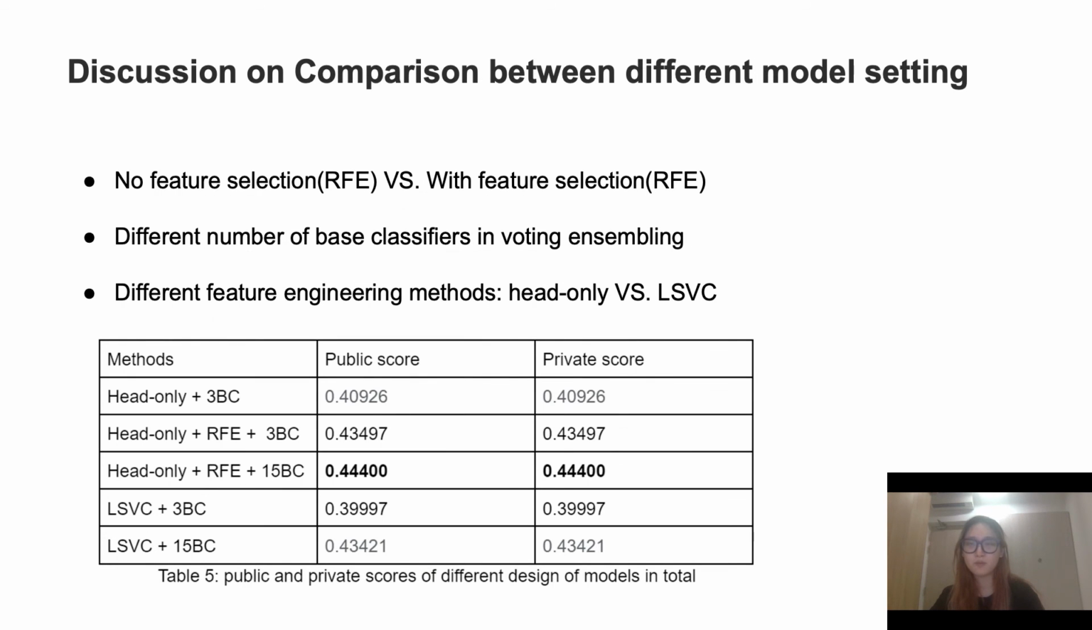Then, we'll compare the performance of different designs of model. From table below, we can see RFE really helps to enhance the generalization ability of the model by reducing the unimportant features when using head-only feature engineering method. We also found that when the number of base classifiers exceeded an optimal number, the F1 score will start decreasing and converging because the base classifiers in one bag become more correlated with each other. And moreover, we can conclude that head-only with RFE works better than the LSVC feature engineering method in this